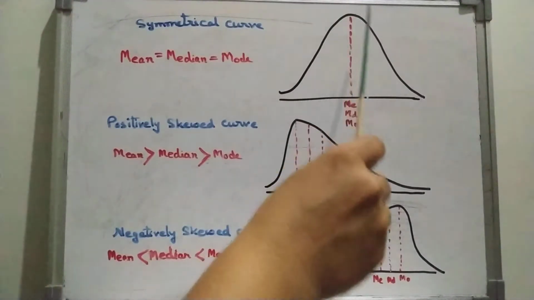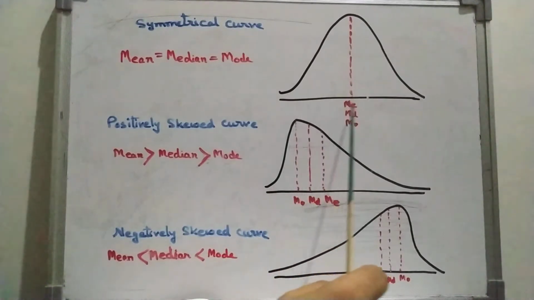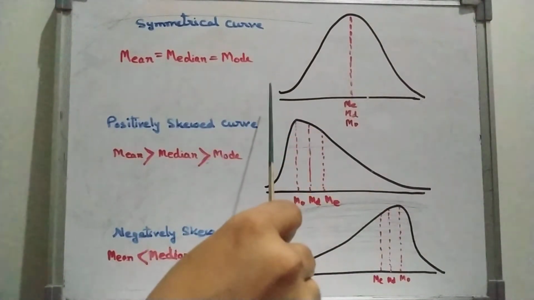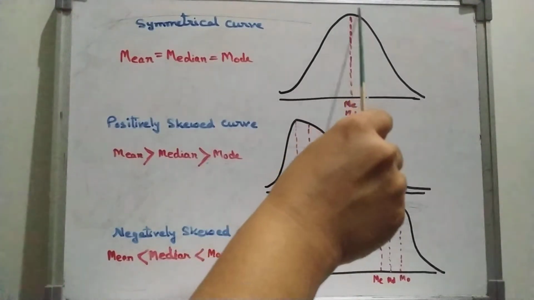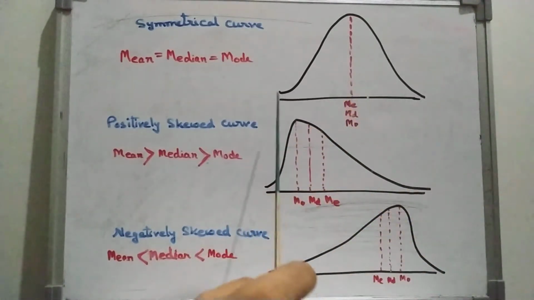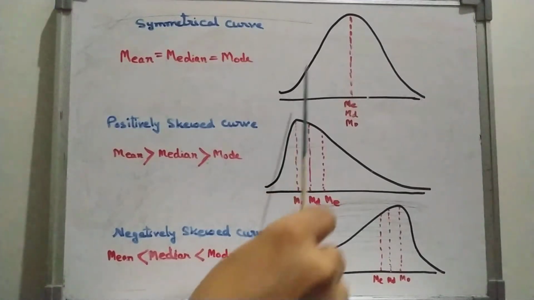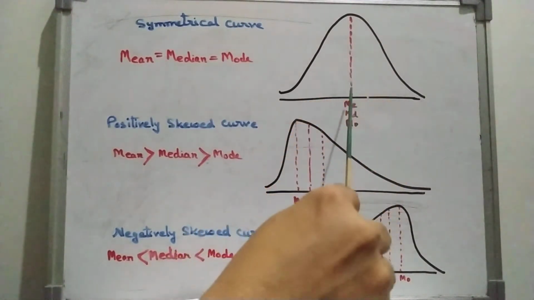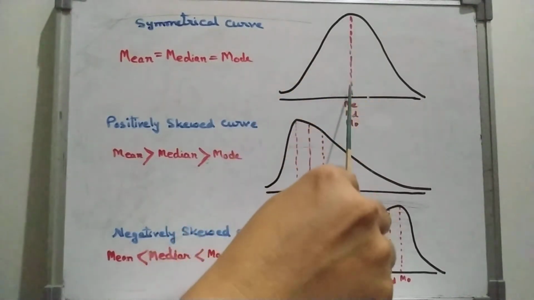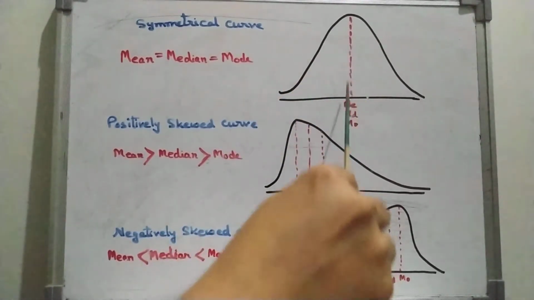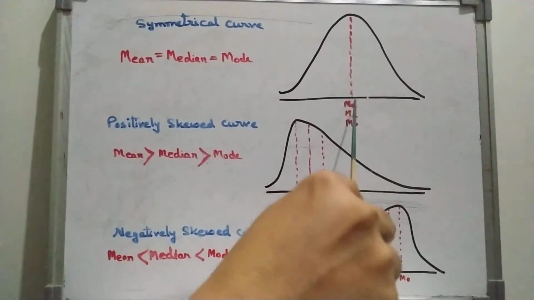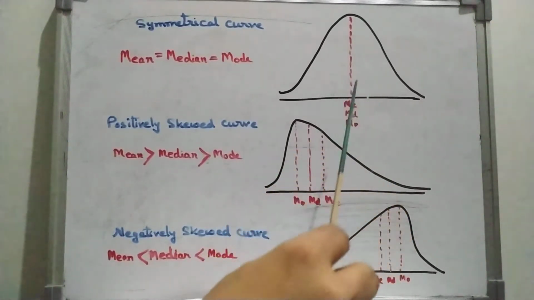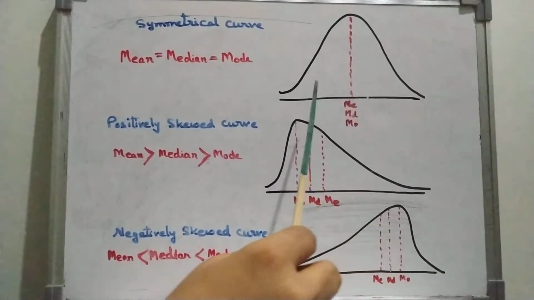As you know, when we plot the variate values along x-axis and frequency along y-axis, if you get the shape of curve which is bell shape, it means it is symmetrical, because when we cut along this axis, or you draw a line vertically to the x-axis, you will get same figure on both sides. Okay, so it is a symmetrical curve.